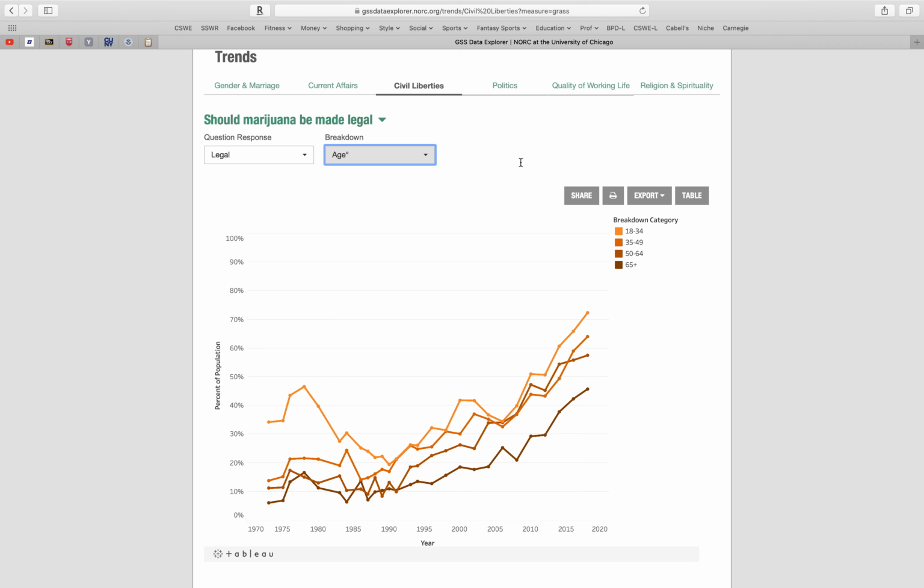And my directional hypothesis, just because I wanted to have this as my hypothesis, is as age decreases, attitudes toward marijuana legalization increases. So let's see if I'm right. 2018,